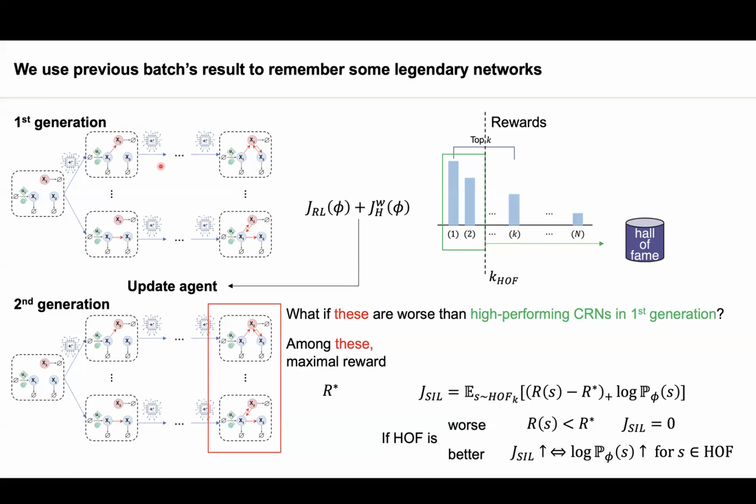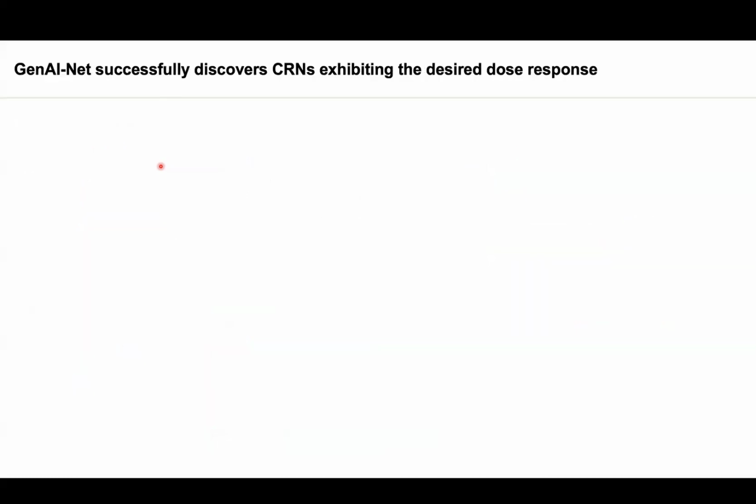So we hope that in the 20th generation or something like that, we have really good theorems which satisfy the dynamical property that we want. Using this framework, which they named GenAI-Net,